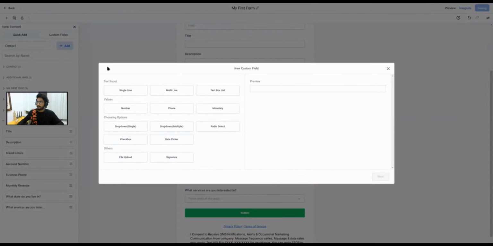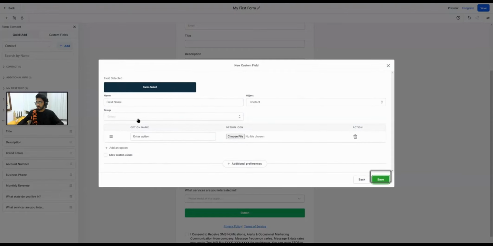Okay, and then we hit next, and then there is going to be radio select, which is going to look like kind of yes no question, but you are able to add as many options as you want. For example, if we just type here, what is your age group? Okay, and then we call it